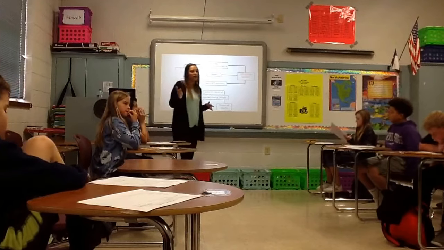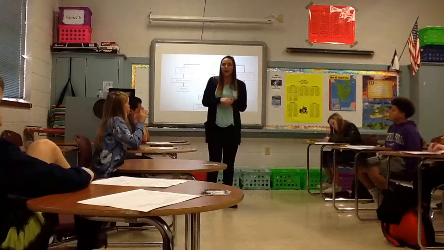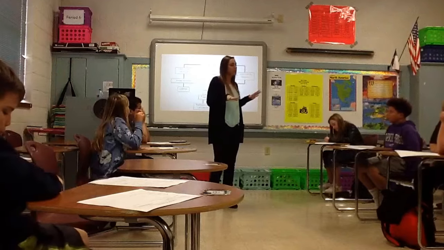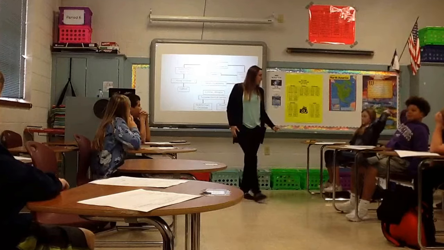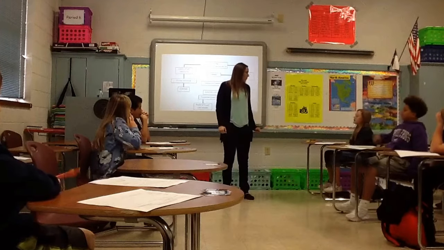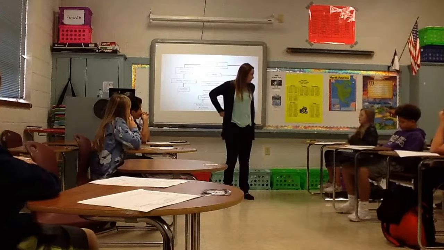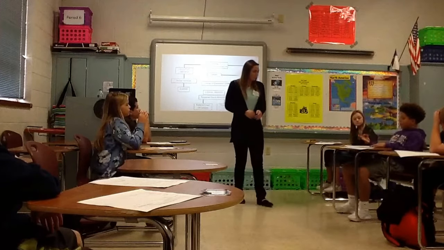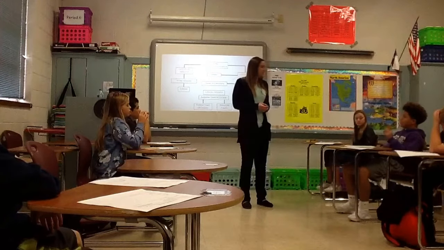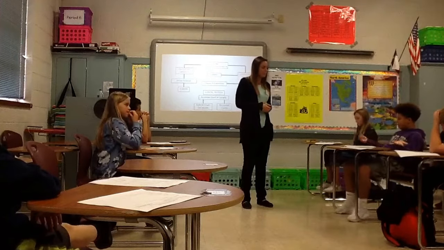So, based on how the US government is structured and how the Canadian government is structured, which one in your opinion is more efficient? Raise your hand. Yes, ma'am. Ours. Why? Because we have everything sorted out, and we don't have any unwritten laws, we have written laws. Okay. And is that seen as a downfall for them because they have unwritten laws? Yes? We have 3 branches that don't overlap. They have 1 queen, and she basically makes the rules.